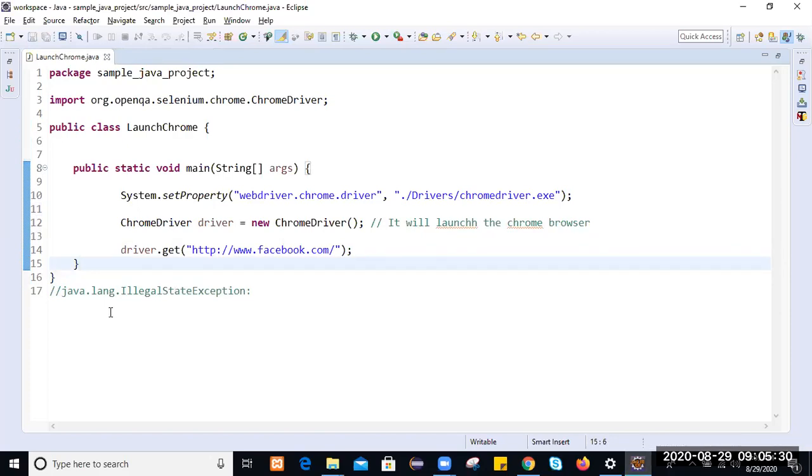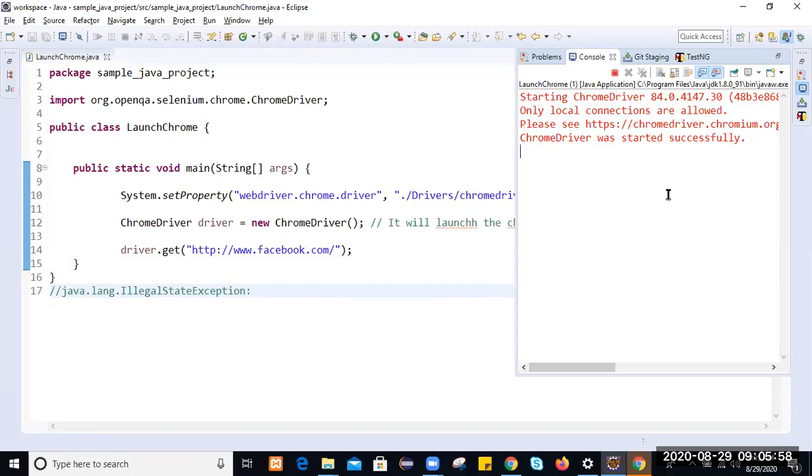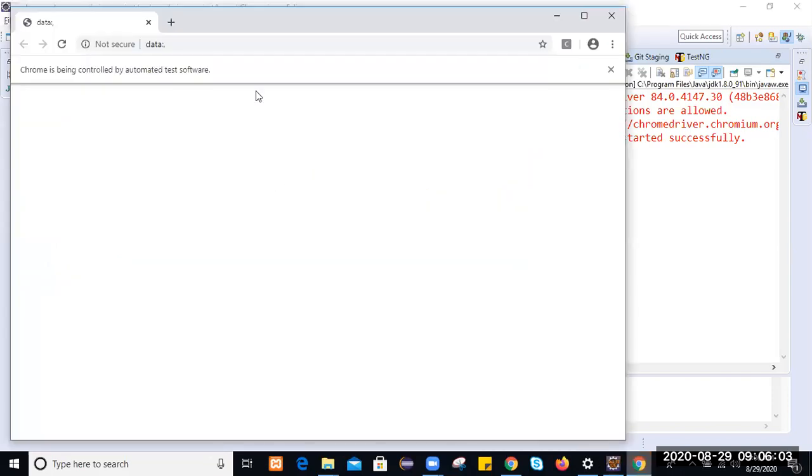The moment you press Control F11, it will start executing your script, and it will launch this Chrome browser. You see, Chrome driver was started successfully, and it is listening on this port. Currently, the Chrome driver you are using is 84.4147. Let's check. It has launched one of the browsers, which is this one, and it will navigate to